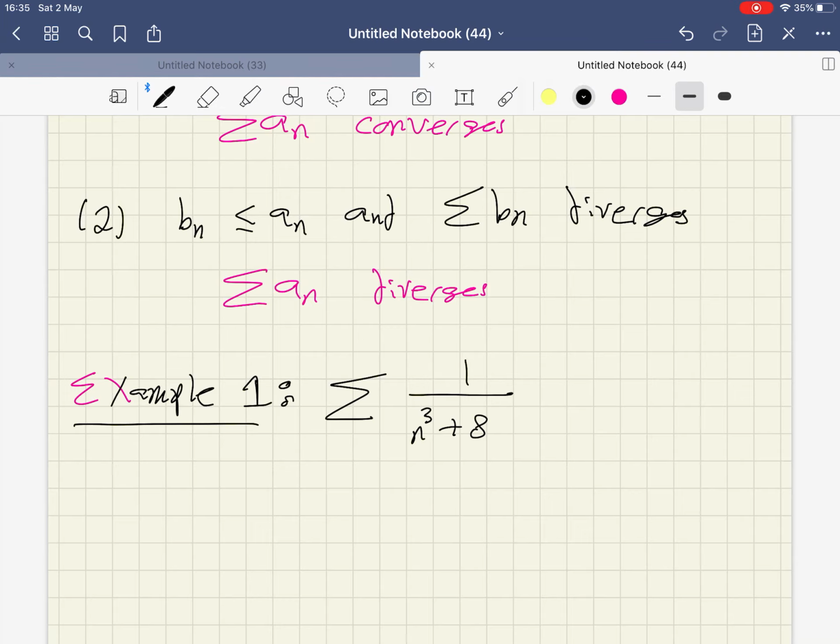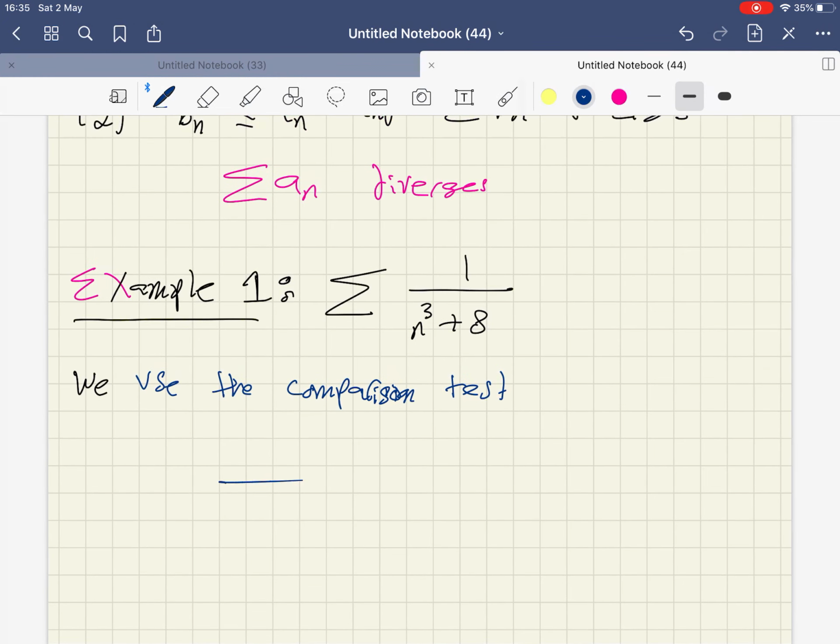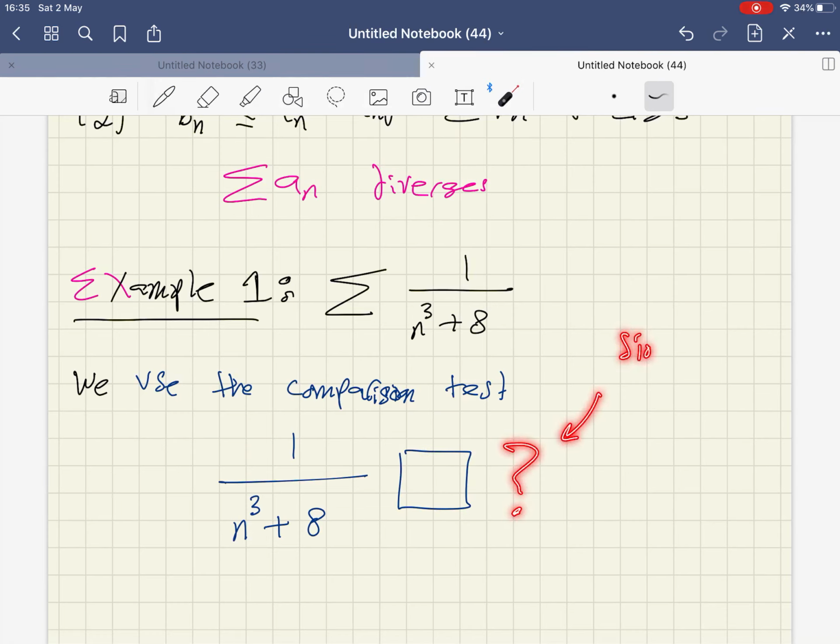Now, the idea is we use the comparison test. You have to compare your series with something very simple, because if it's simple,